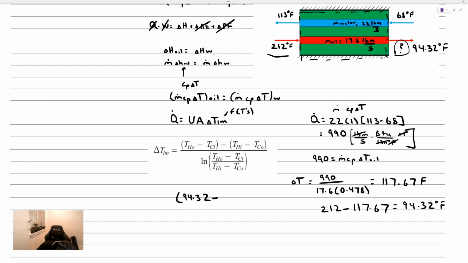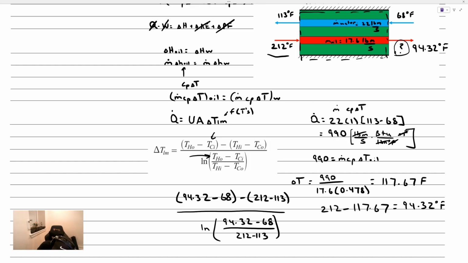The cool inlet is the cool inlet of that water, 68 degrees. Subtract off the hot inlet is 212. That's the hot inlet of the oil. And the cool outlet of the water is 113. Divided by, you can see these terms in the numerator are identical to the numerator of this ln term. So it's just 94.32 minus 68 divided by the other term, 212 minus 113, and we take the natural log of that. This is how we compute the delta T log mean,